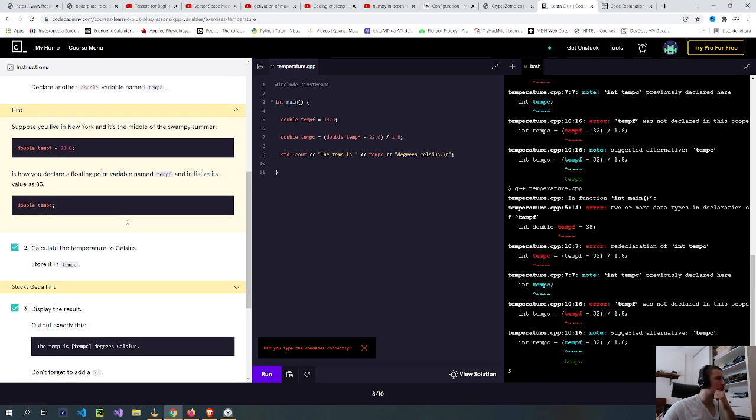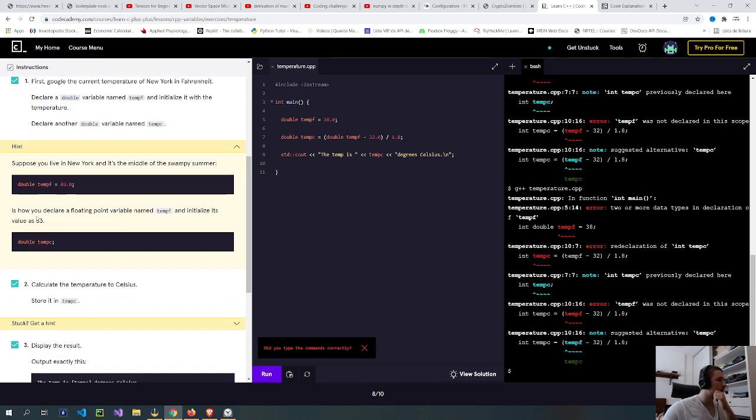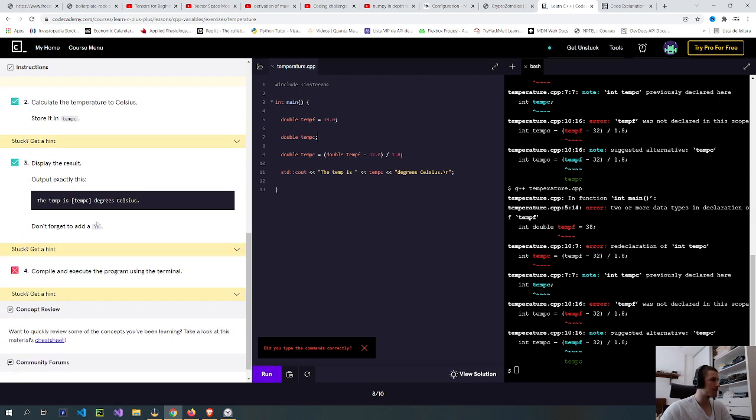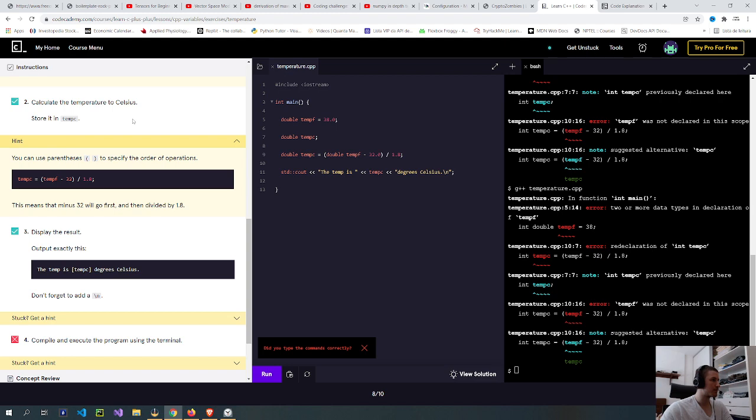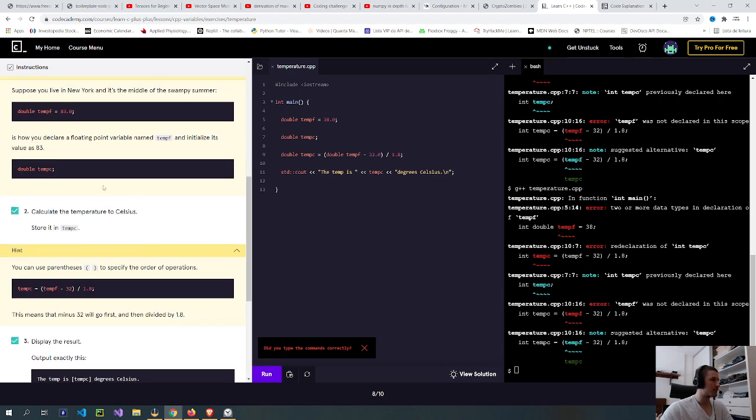So you declare a floating point variable named temp F, initialize its value as 33. So maybe they want me to initialize it here, and then make the temp C again.